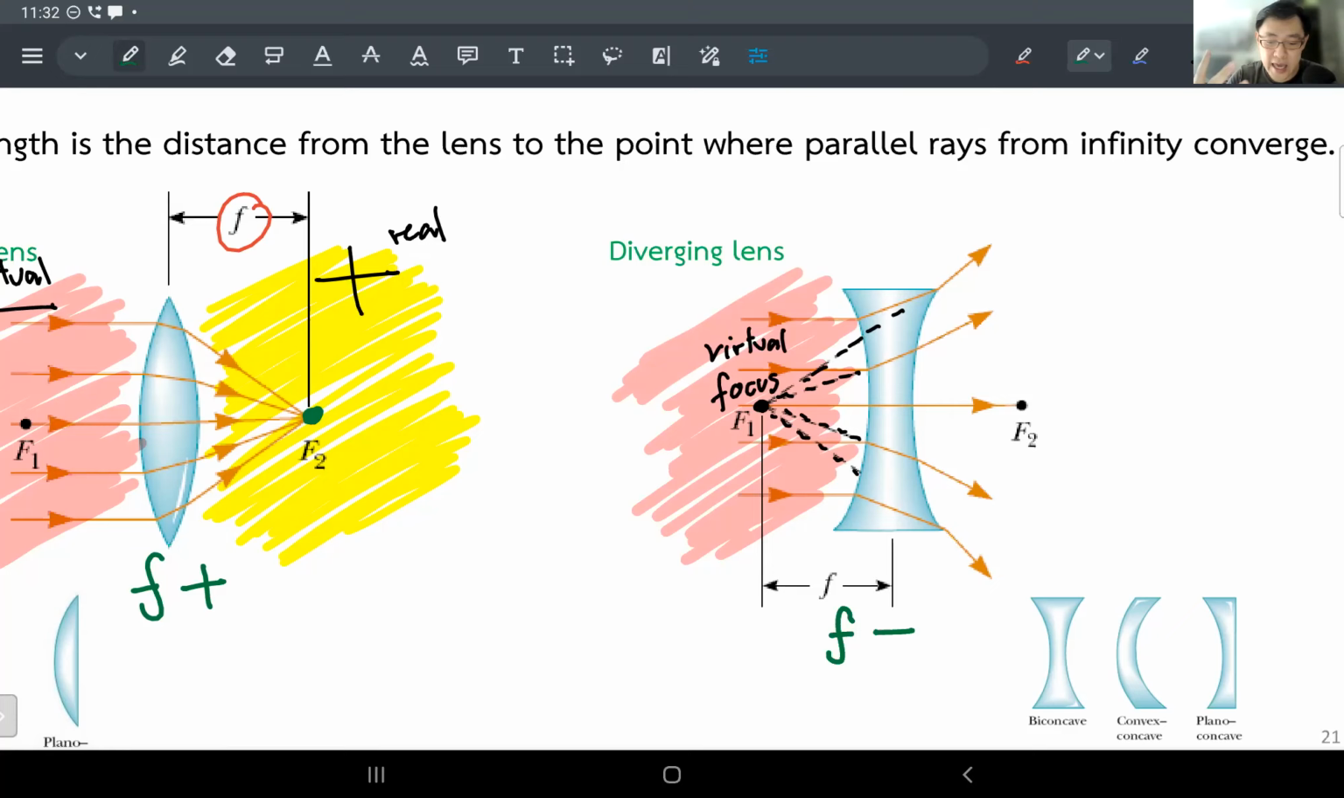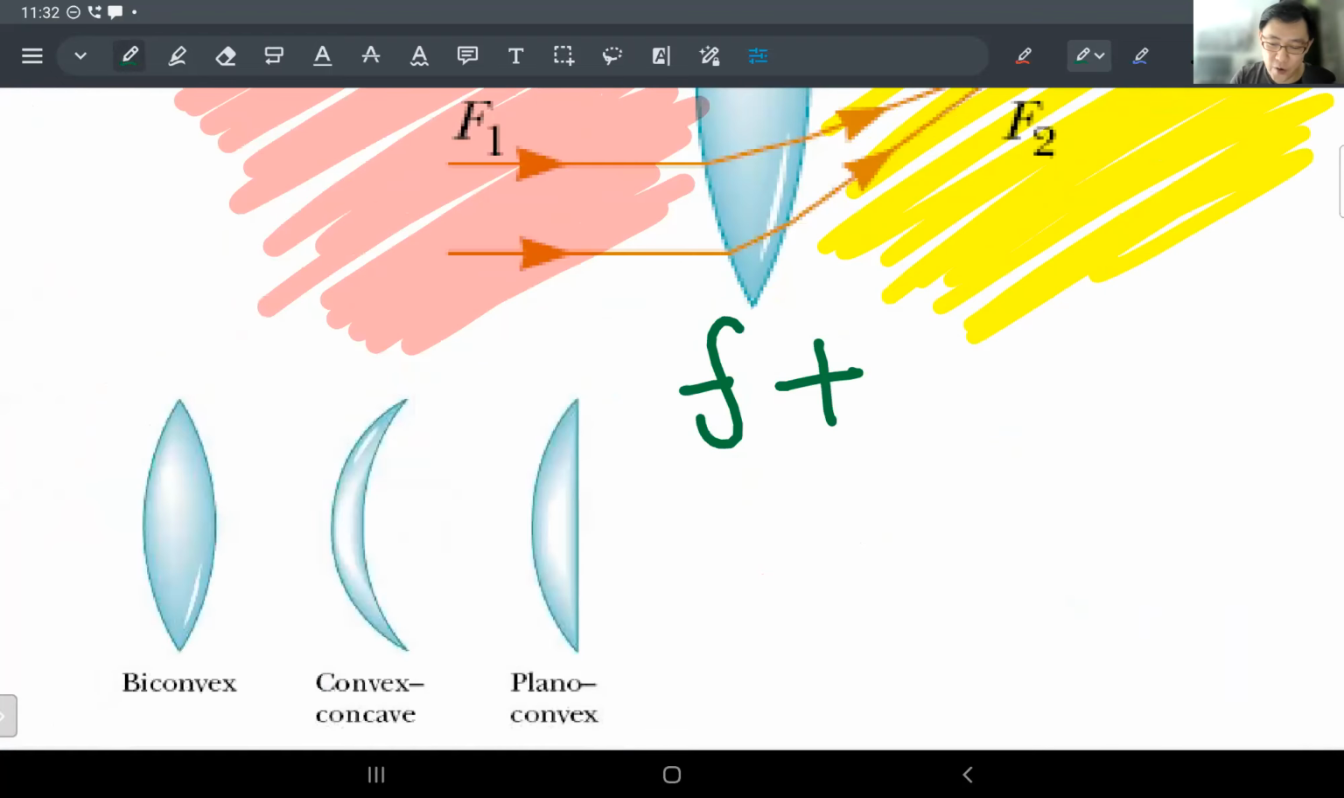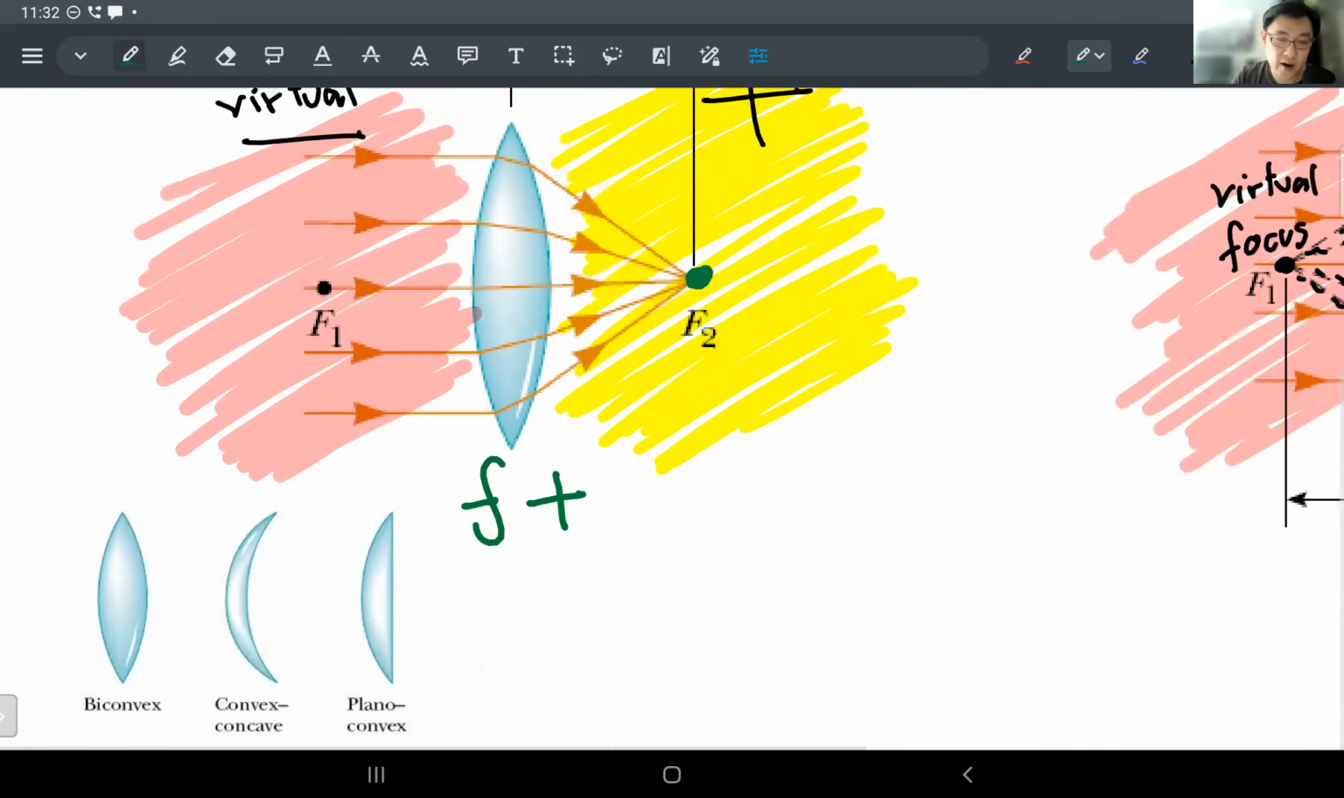So my key concept, I don't know whether it would work for you, but it seems to work for me: wherever the light should be, that's your positive side. Wherever the light shouldn't be, that's your negative side of the image. Okay. And just to make sure, in reality, even though in the textbook you always draw this shape for the converging lens,